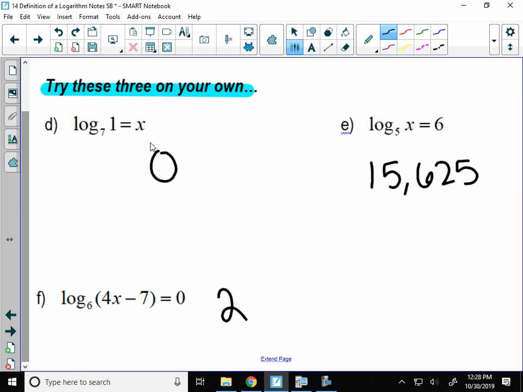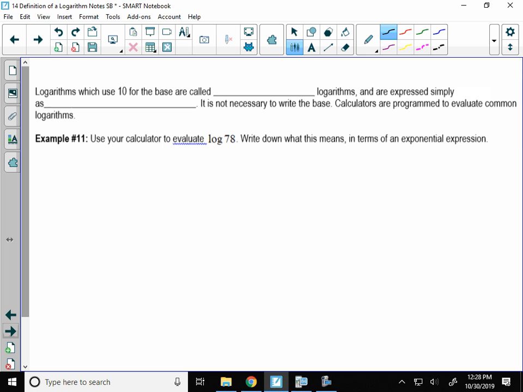All right, let's have our calculators. Let's do one more little thing here. There are 2 kinds of logarithms, actually. Right? We can't just have one, we have to have 2. The first one, excuse me, just spilled water everywhere, says logarithms that use 10 as the base. So that means you would write it as like log base 10 of something, right? 10 is the base. Those have a name.